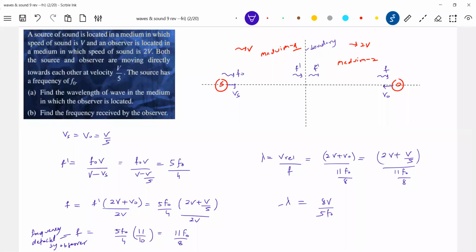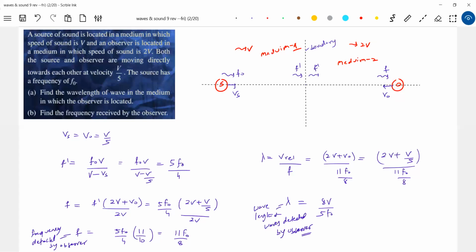There's the wavelength of waves detected by the observer. So the wave will approach with a speed 2V, not V. So what is the relative speed of the wave with respect to the observer? 2V plus V naught, divided by